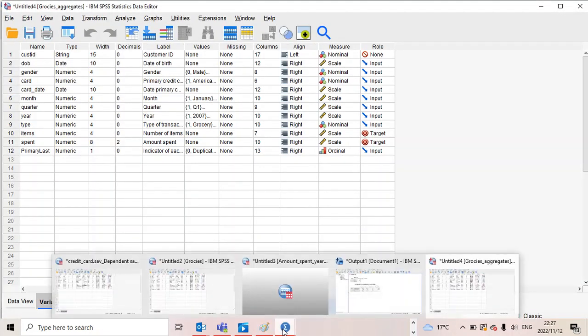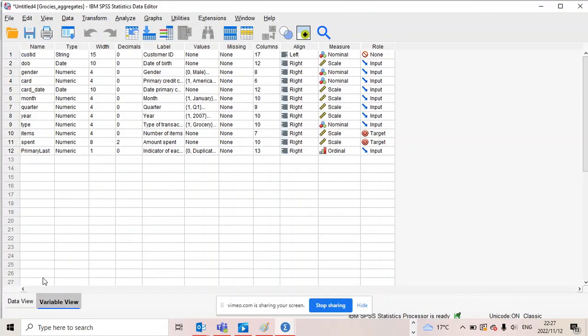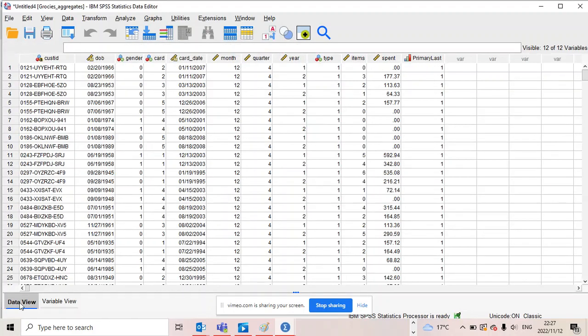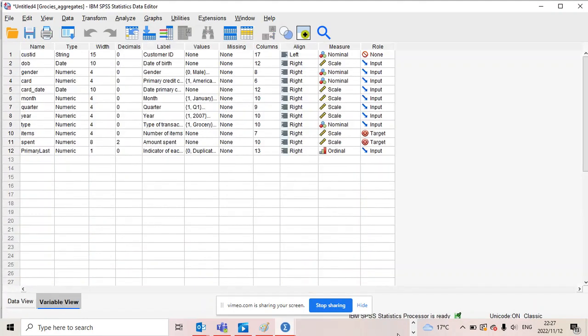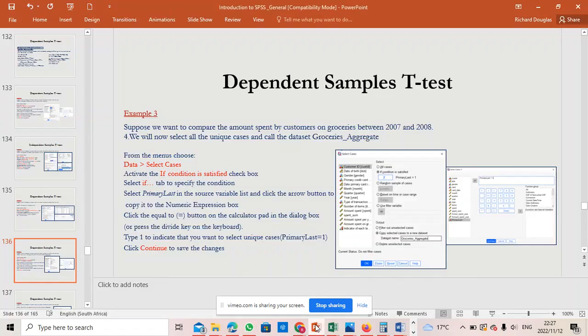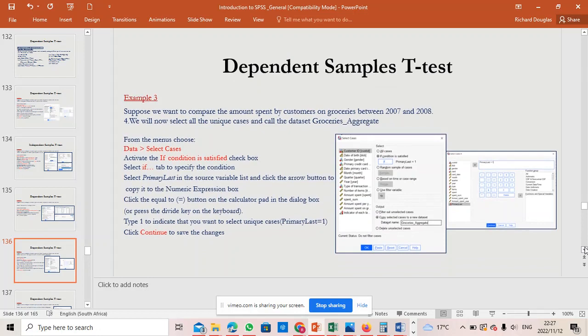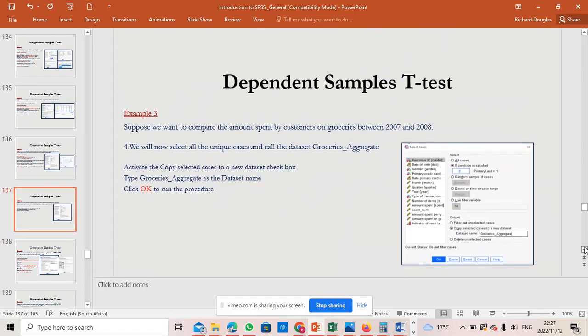Right, let's see what we have here. Okay, right. So having done that, the next stage that we need to do now is